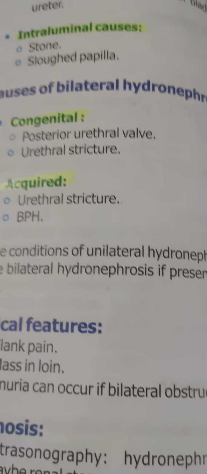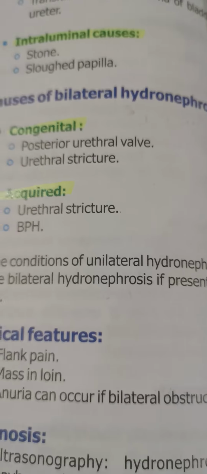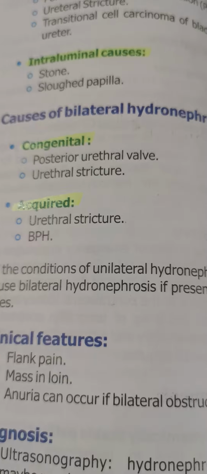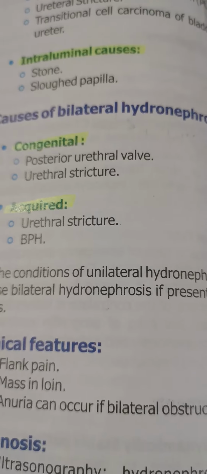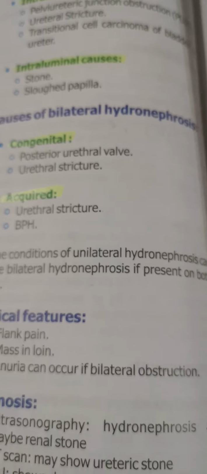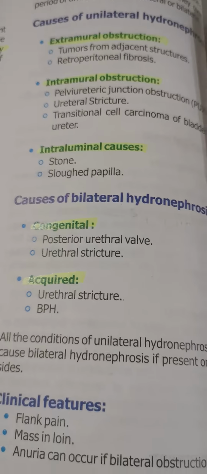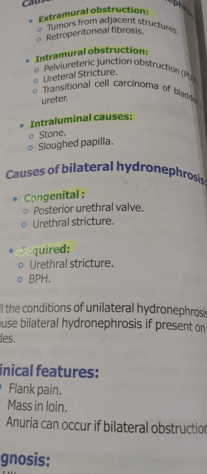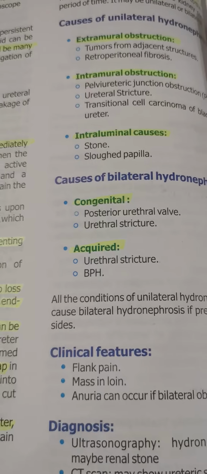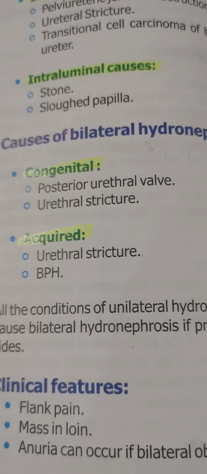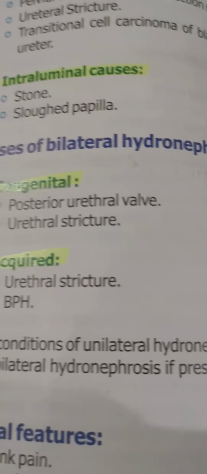So, what are the causes of bilateral hydronephrosis? It can either be congenital or it may be acquired. And in bilateral hydronephrosis, probably there will be anuria. So, the causes, firstly, congenitally we have